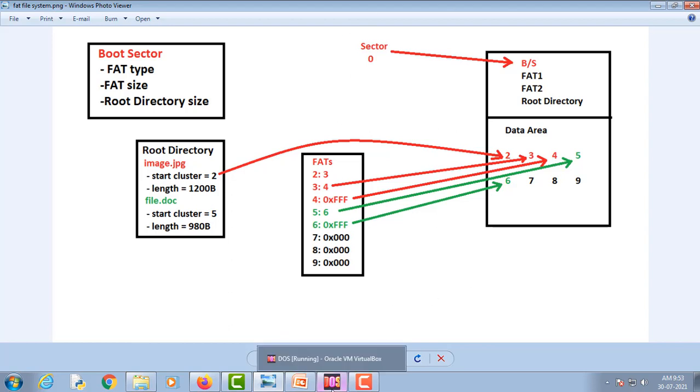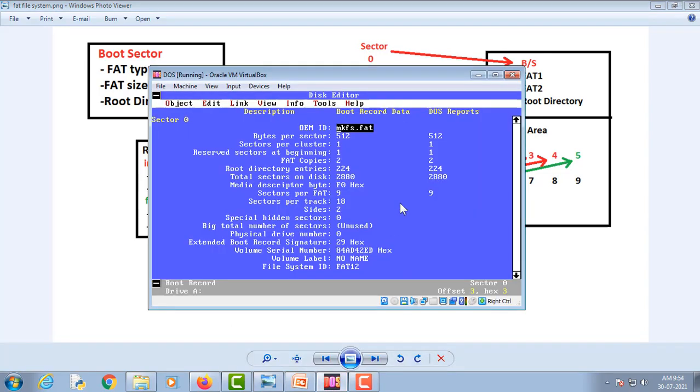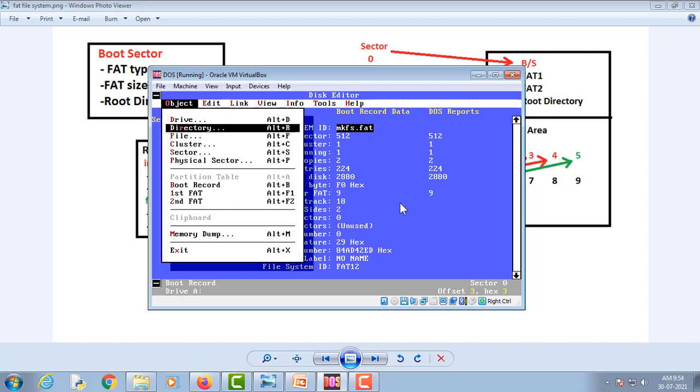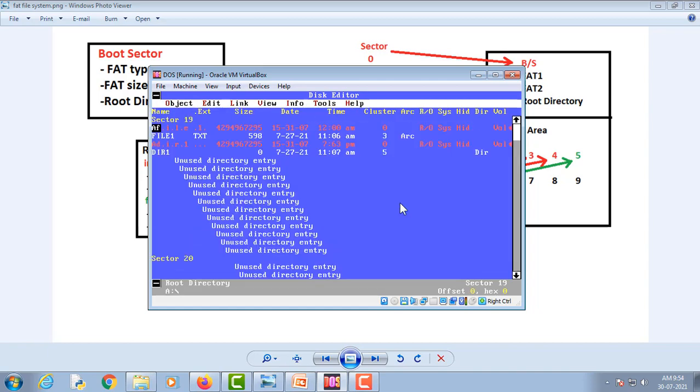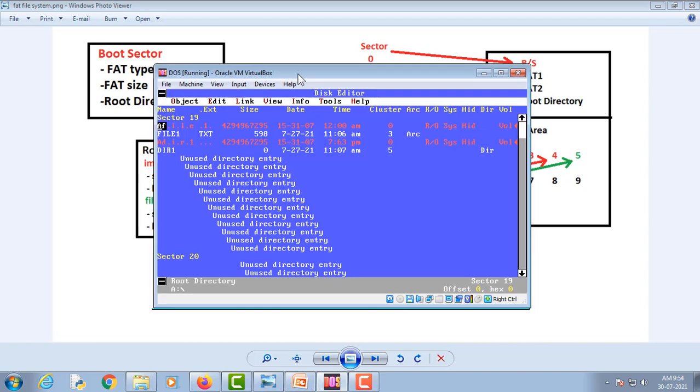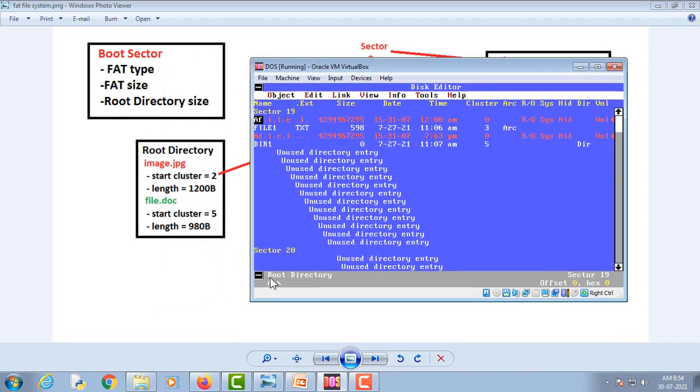Now let's see how a root directory and file allocation table looks like in a disk editor. So this is a root directory. As you can see, it is written here.